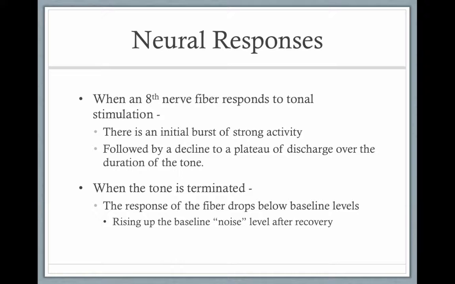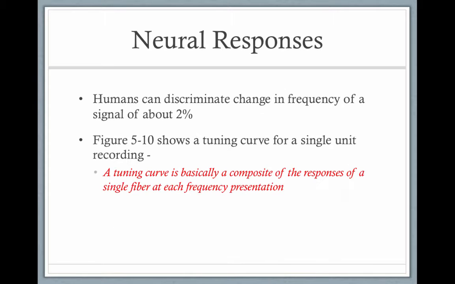So when the eighth cranial nerve fibers respond to tonal stimulation, there's an initial burst of strong activity, followed by a decline to a plateau of discharge over the duration of the tone. And when the tone is terminated, the response fire drops below baseline levels, rising up to baseline noise levels after a recovery. So humans can discriminate changes in frequency of a signal of about 2%, and figure 510 shows a